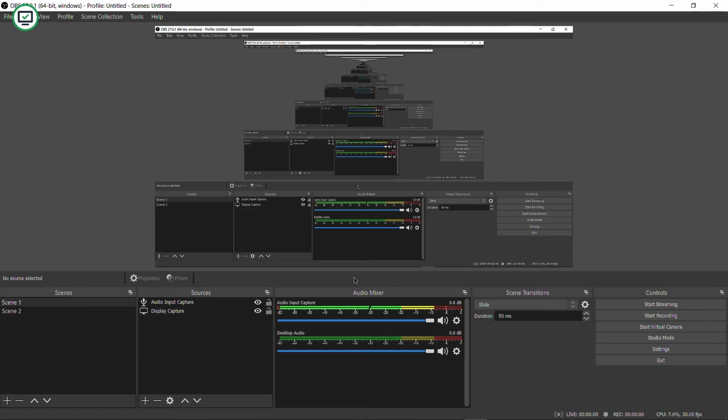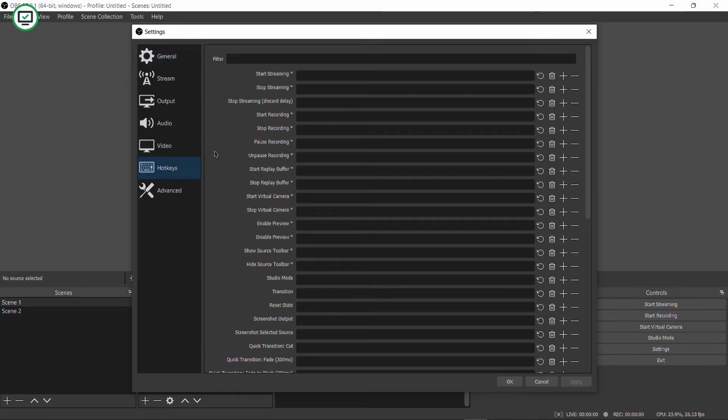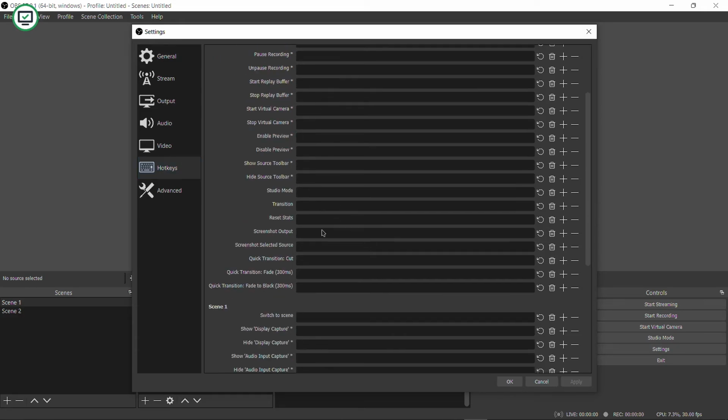Hope you guys understood how to record your screen and voiceover as well, and at last I have some tips for beginners to make their videos like some professionals. So for it you have to go to the settings, and in the settings you have to go to hotkeys, and here assign some keys from the keyboard to start and stop recording, and you can also assign some hotkeys